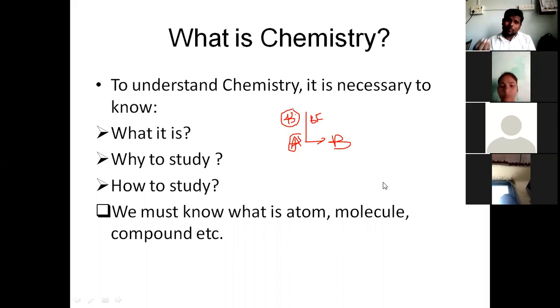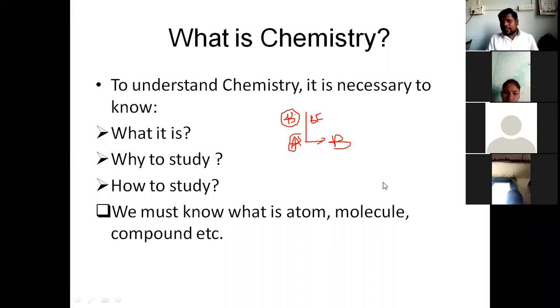You use lemon in food, in your diet. All fruits have different compounds. So this is also part of chemistry. You ride a bike, any vehicle. There is petrol, diesel. The octane molecule is there, the isooctane molecule. That molecule is fragmented. This molecule is decomposed into CO2 and H2O after burning. It provides the energy to the bike for riding, and then it converts into CO2 and H2O and so many other compounds as byproducts. So this is chemistry also.